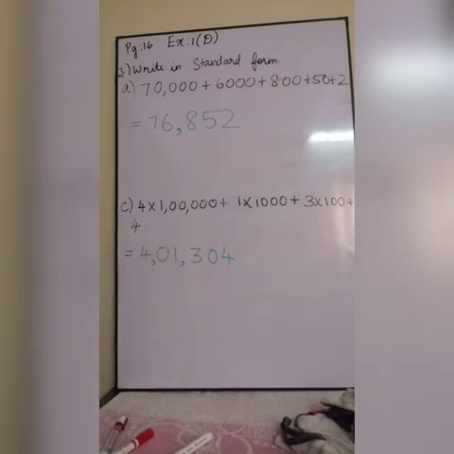Next, your B and D question is your homework, children. Did you understand how to write the expanded form and standard form of numbers? In today's session, we have completed page number 15, examples, everything. Then exercise 1D also we have completed. The model problems or related problems I have given you as homework. Hope you all understood, children. Thank you.